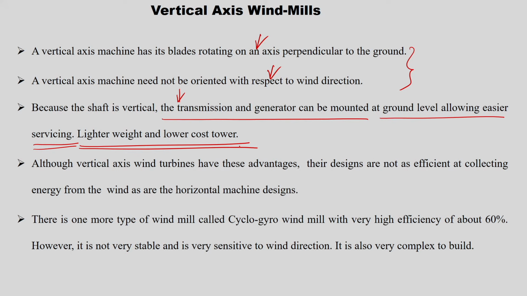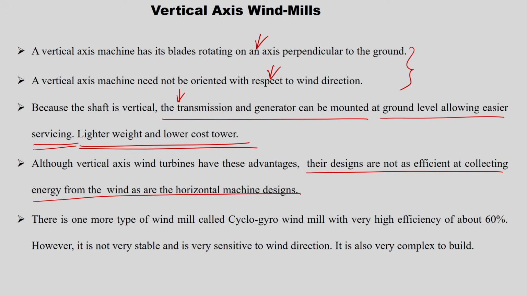But although vertical axis wind turbines have these advantages in maintenance or servicing, weight, and cost, their designs are not as efficient at collecting energy from the wind as the horizontal axis designs, because they are kept in the direction of the wind only. So, efficiency wise horizontal axis wind turbines are good, but in terms of maintenance and flexibility one can go for